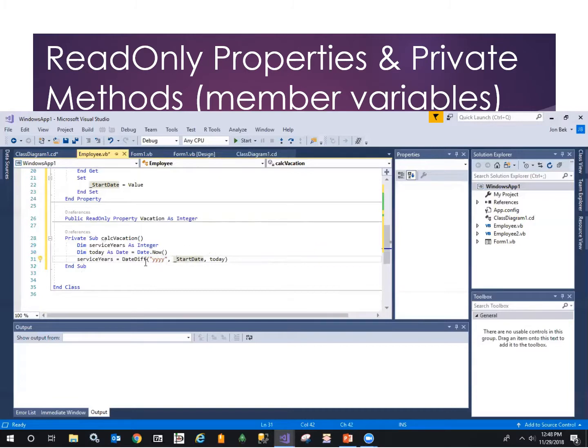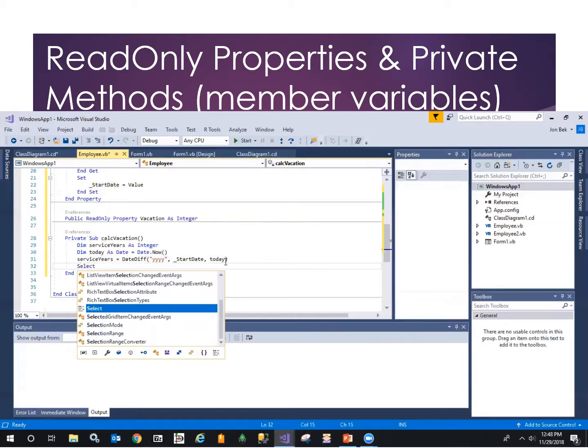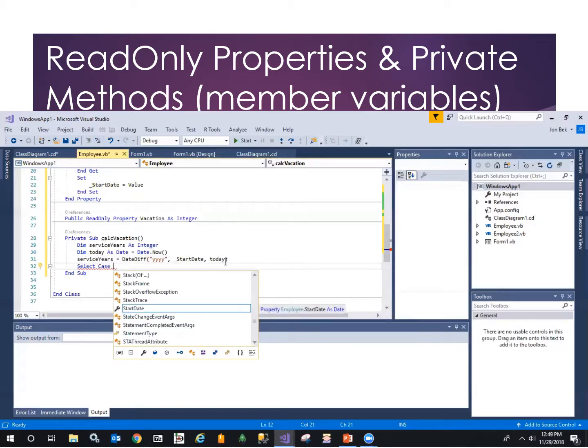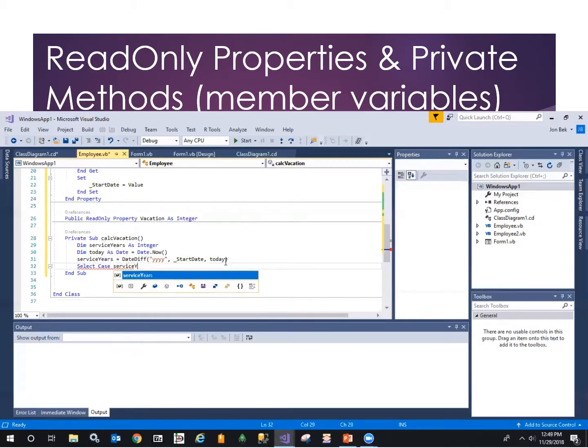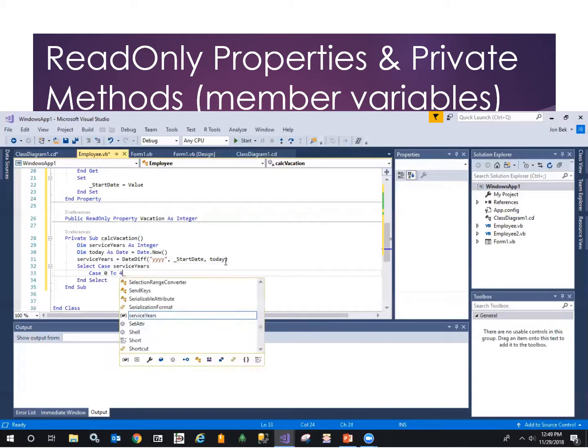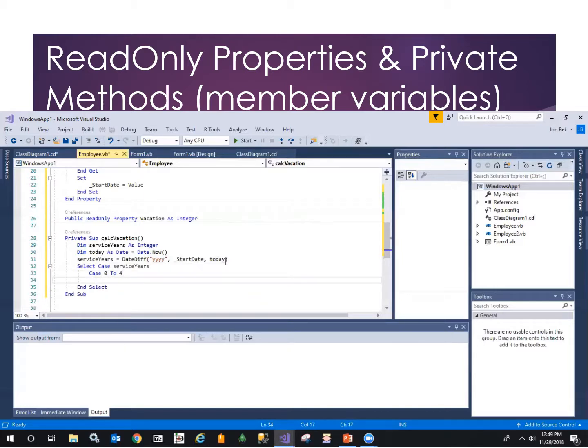Okay, and so we're going to change the service years into the number of full years between the employee's start date and today. And then let's see, we'll do a little logic on that. Let's use a select case rather than an if then, because we got several cases to look at and we might want to expand it in future, so this will make it easy. So select the case of the service years. And what I would like to do is there's 0 to 4. And in that case,